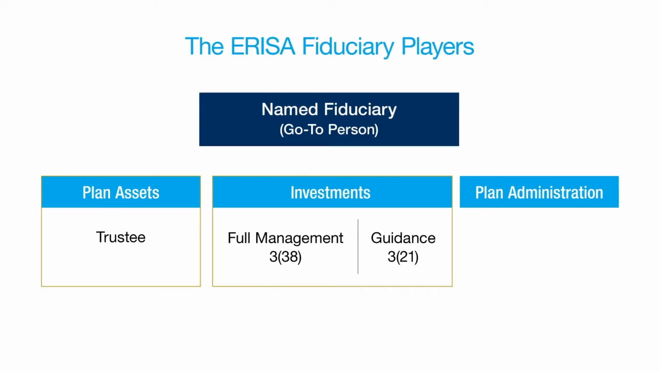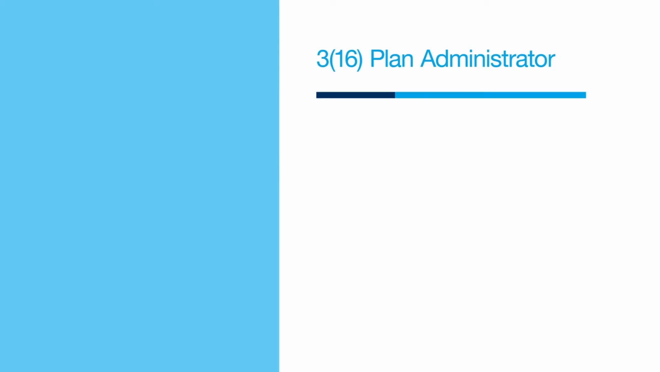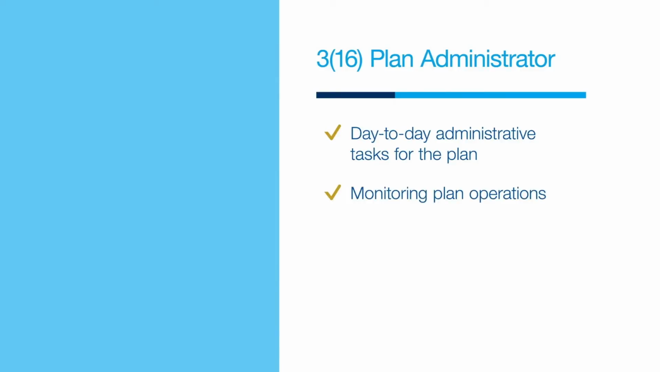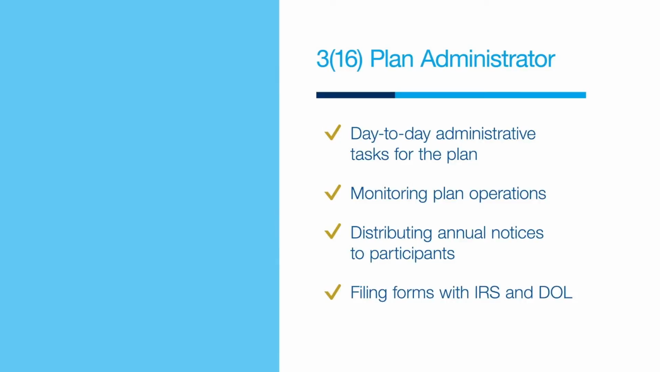The final key fiduciary role handles plan administration, also known as the 316 fiduciary. The plan administrator handles various day-to-day tasks and documents, including filings and notices. They monitor plan operations, distribute annual notices to participants, and file forms with the IRS and DOL, such as Form